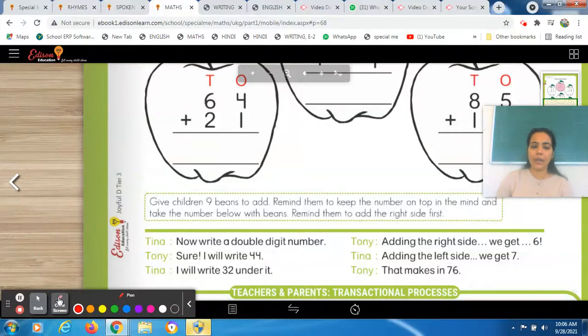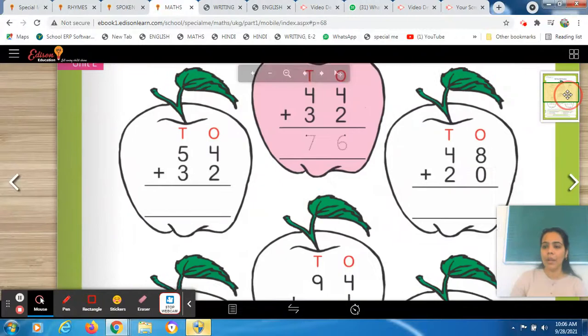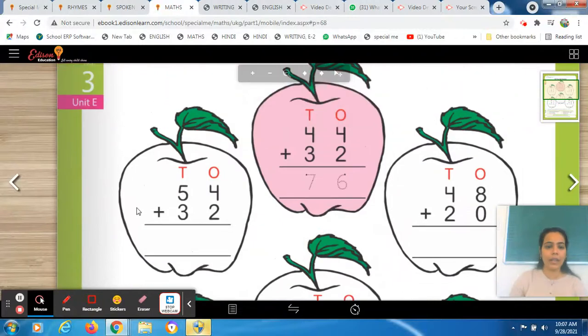So now I will erase it, and now we will start with the upper half, right? So come up and carry this one, right? Let's start. So students, we will start with which side? With the right hand side. So this is your right hand side. Let's start. So the very first number is 4. So how many beans do you have to take? You have to take 4 beans. 1, 2, 3, 4.